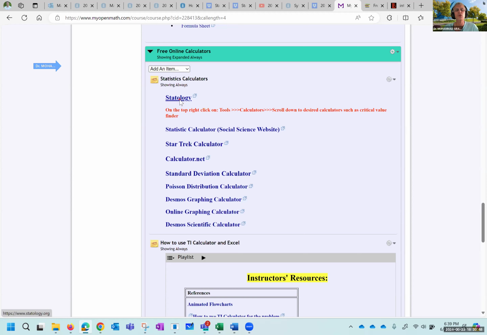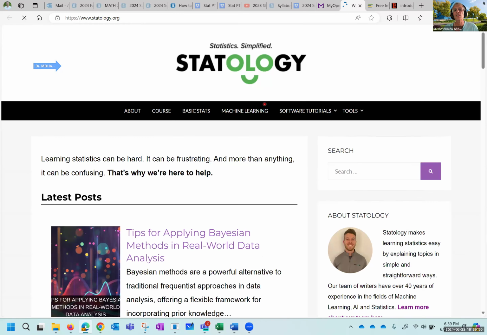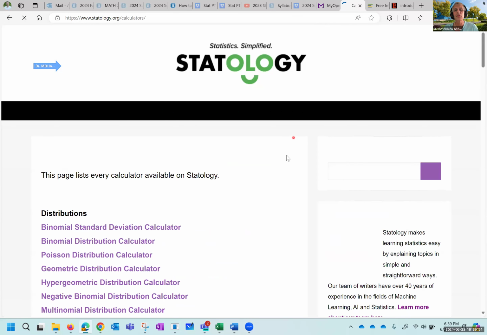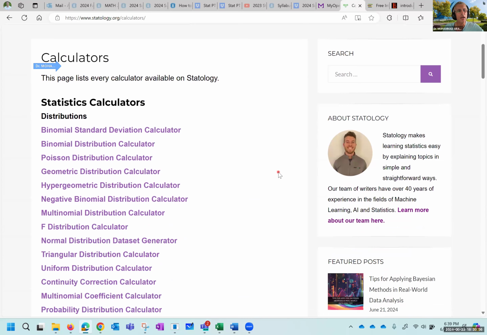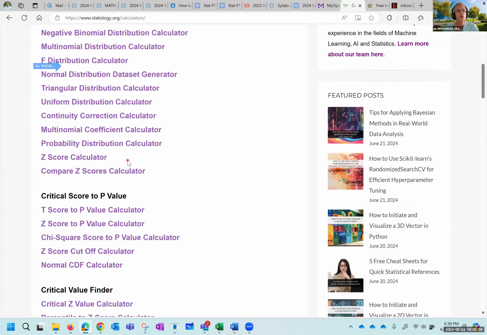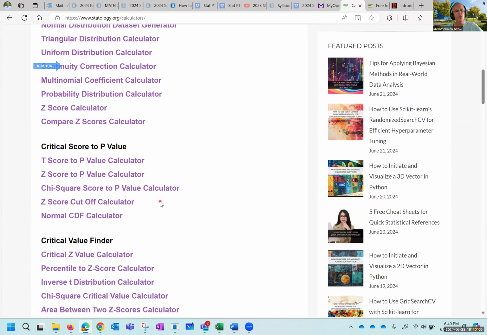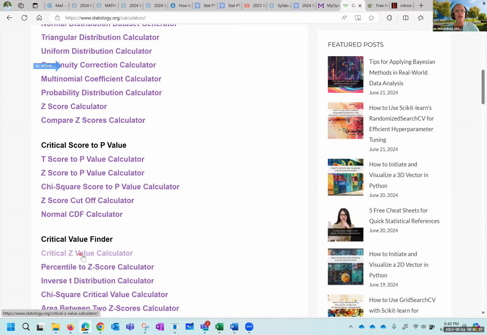For example, if you go to the first one, I've explained here that under tools, you see the calculators. And if you scroll down, you can find what you're looking for. Maybe you're looking for the z-score calculator. Maybe you're looking for the t-score to p-value. Maybe you are looking for a critical value finder. So the point being,